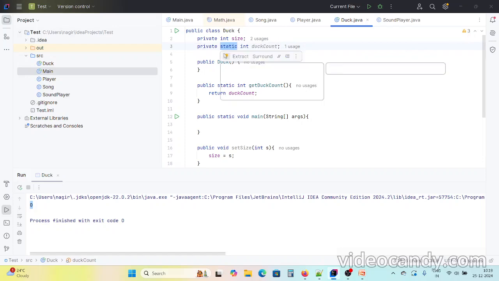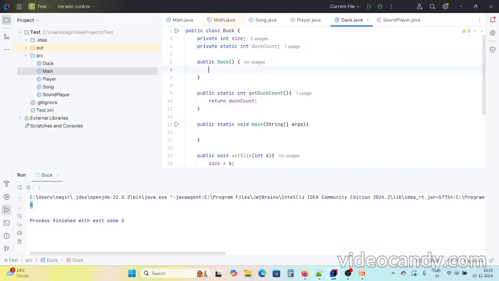Now here we all know, right, even for the instance variable, the default value that gets assigned is 0. But let's say I want the duck count to start from 2, okay? Then I have to change this initialization. My default value should not be 0, I should have the default value as 2. If I put something like duck count equal to 2, then this will not work, because now here